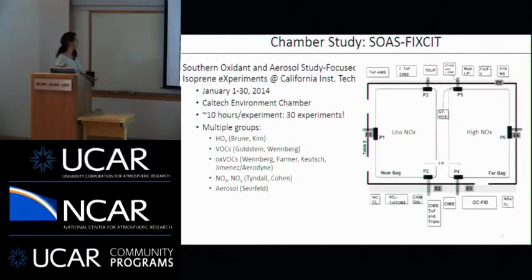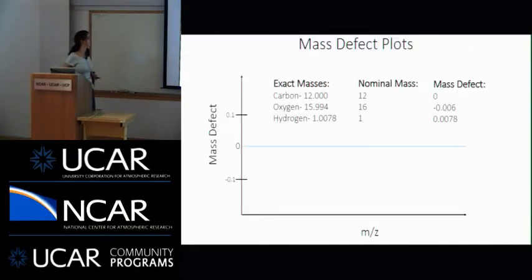There were a large number of groups measuring almost entirely gas phase species. Right, so we had the gas phase component of the atmosphere as well covered as I think our community currently has the ability to. The aerosol phase was only covered by an aerosol mass spectrometer. So that was poorly understood.